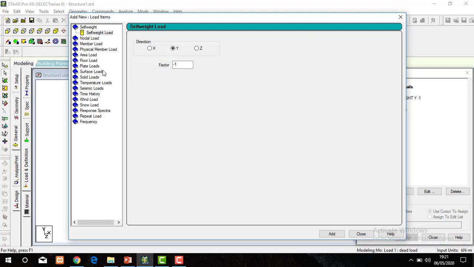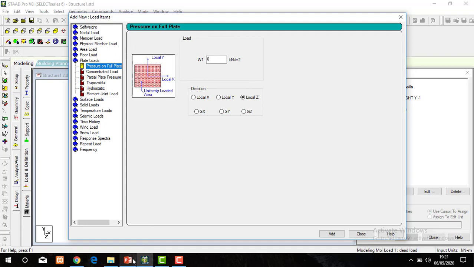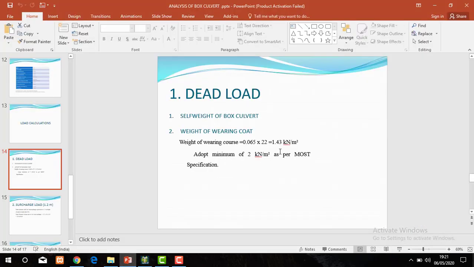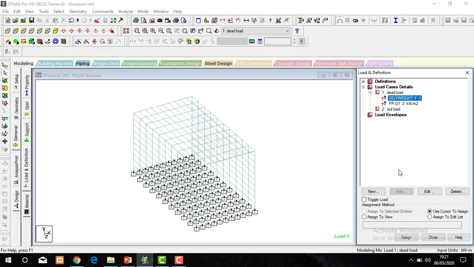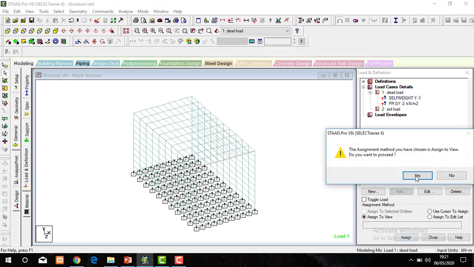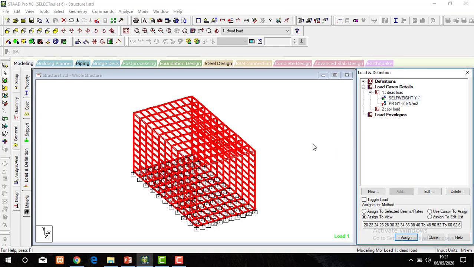Now add the self-weight. We are going to add plate load. The bearing core dead load is 2 kilonewton per meter square. So this is minus 2 kilonewton per meter square along the global Y axis. Add, close. Now self-weight is for the whole structure. It is assigned.